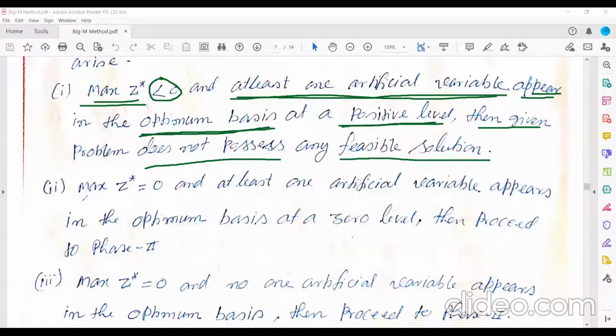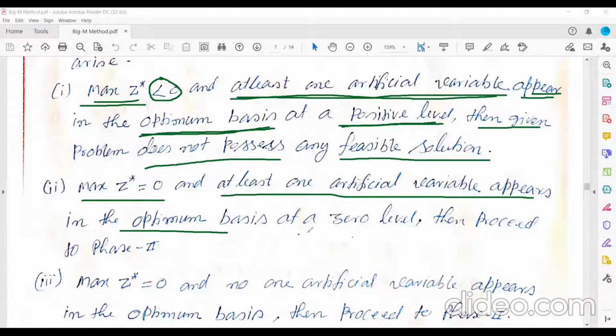Next, suppose max z star is equal to 0, and at least one artificial variable appears in the optimum basis, that means in the basic variable column, at a 0 level. That means its value will be 0. Then we can proceed to phase 2.